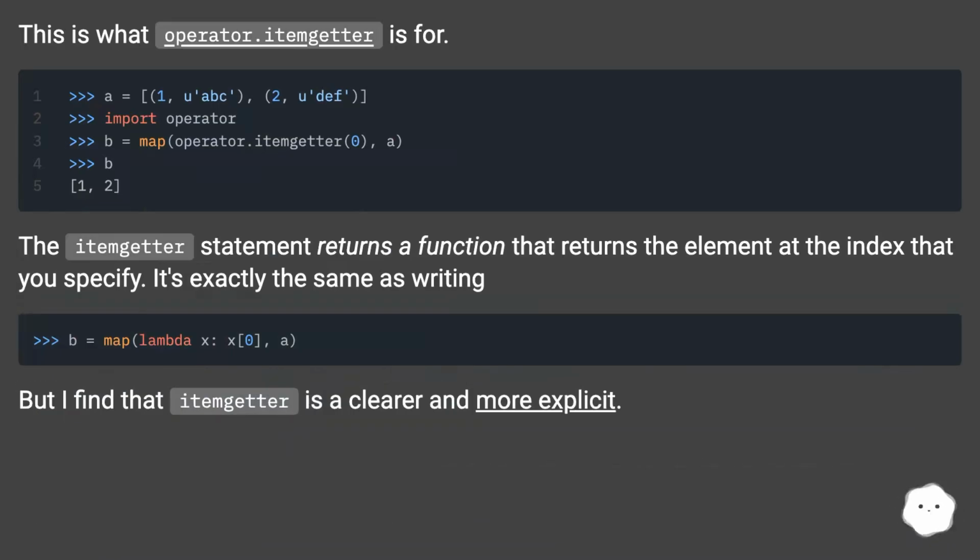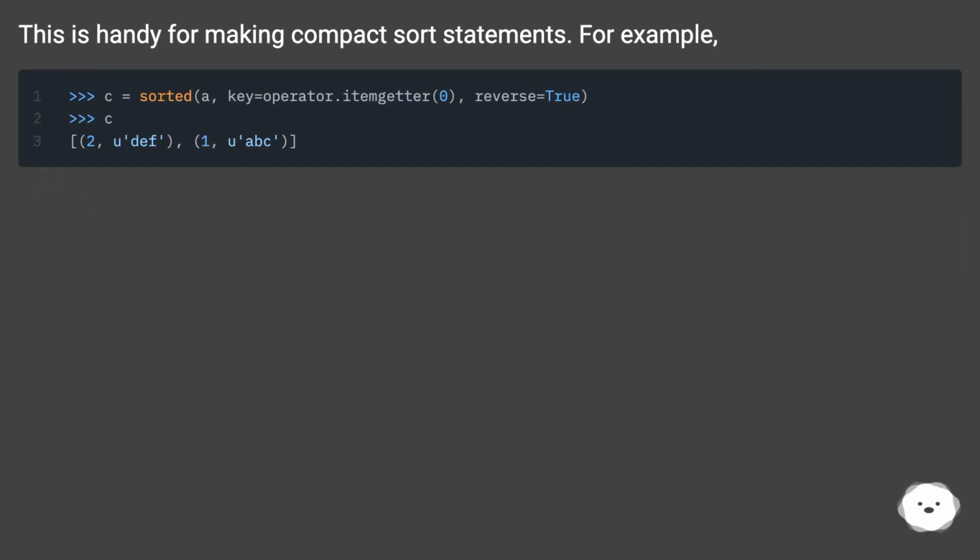This is what operator.itemgetter is for. The itemgetter statement returns a function that returns the element at the index that you specify. It's exactly the same as writing the lambda. But I find that itemgetter is clearer and more explicit. This is handy for making compact sort statements. For example,